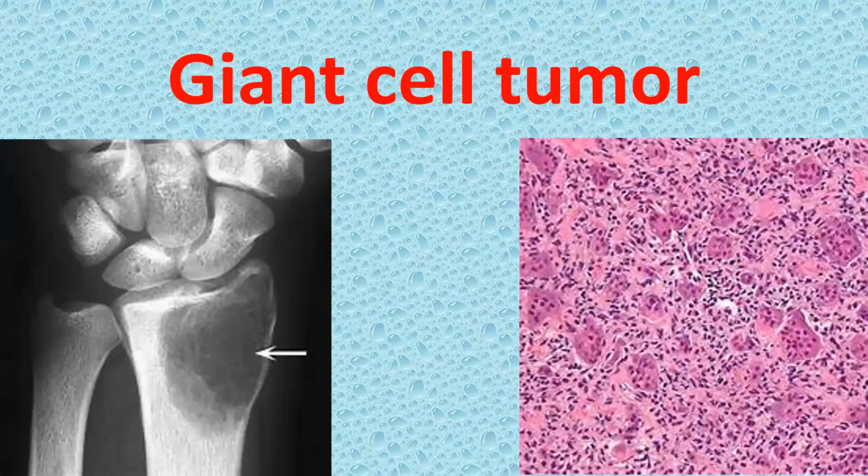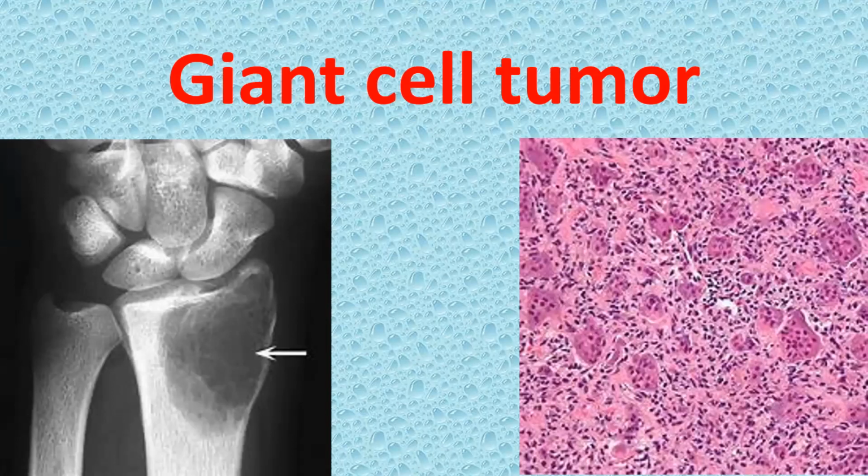Giant cell tumors are known to occur in areas of rapid growth, such as around the knee, distal femur, proximal tibia. They are known to occur in the distal radius, and do occur in the spine, and let's go through them. It is an aggressive lesion. If you look at the X-ray of the distal radius,